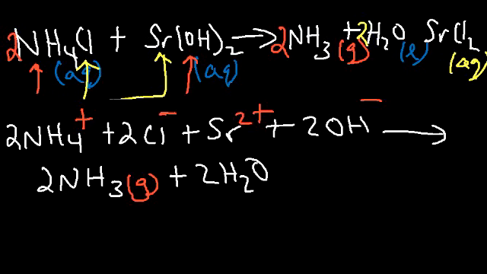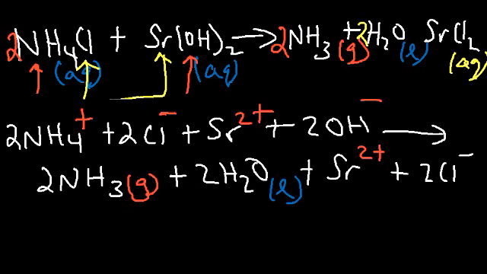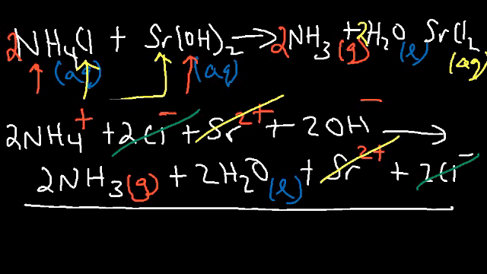Water is a liquid, so we can't change that. Now strontium chloride, we can write it as Sr2+, and the chloride will leave it as 2Cl-. So chloride will be eliminated and strontium will be eliminated as well. So the net ionic equation for this reaction is going to be 2NH4+ aqueous